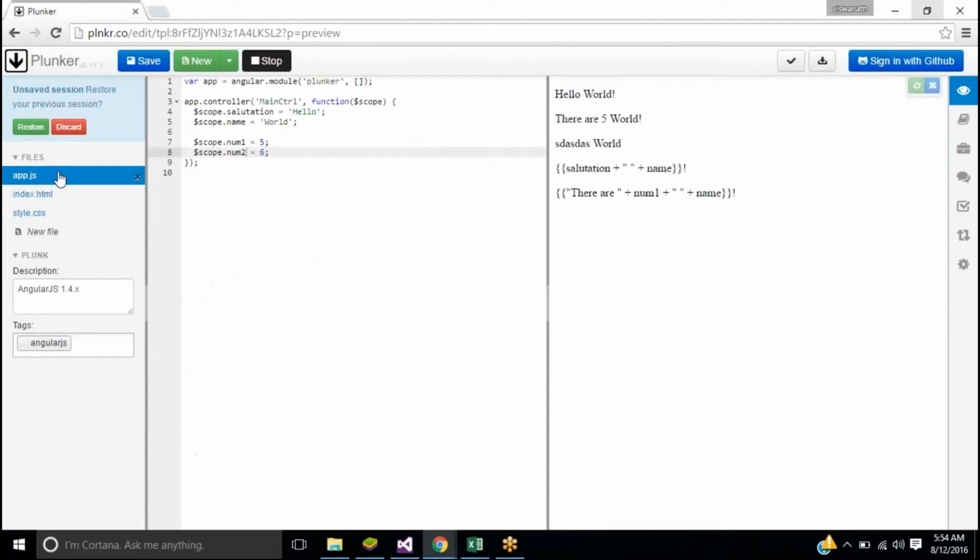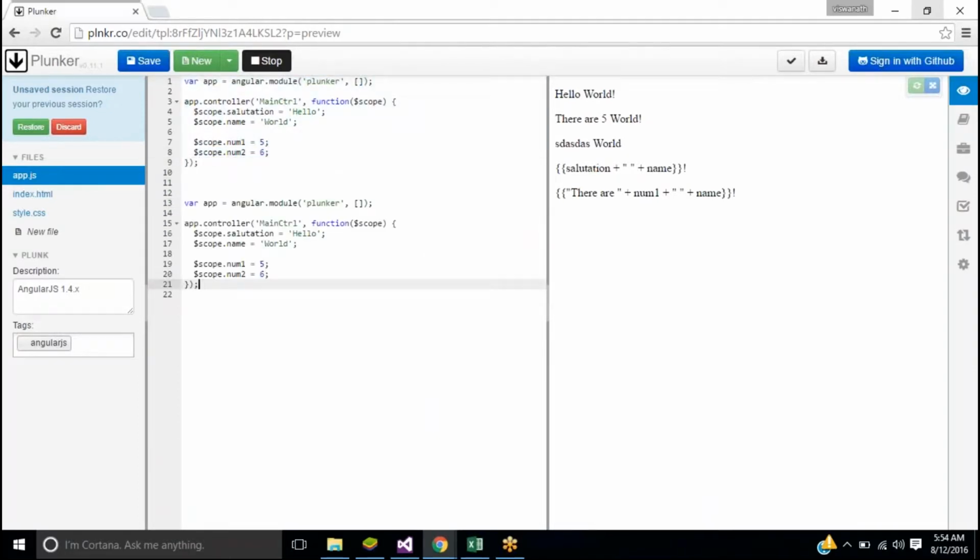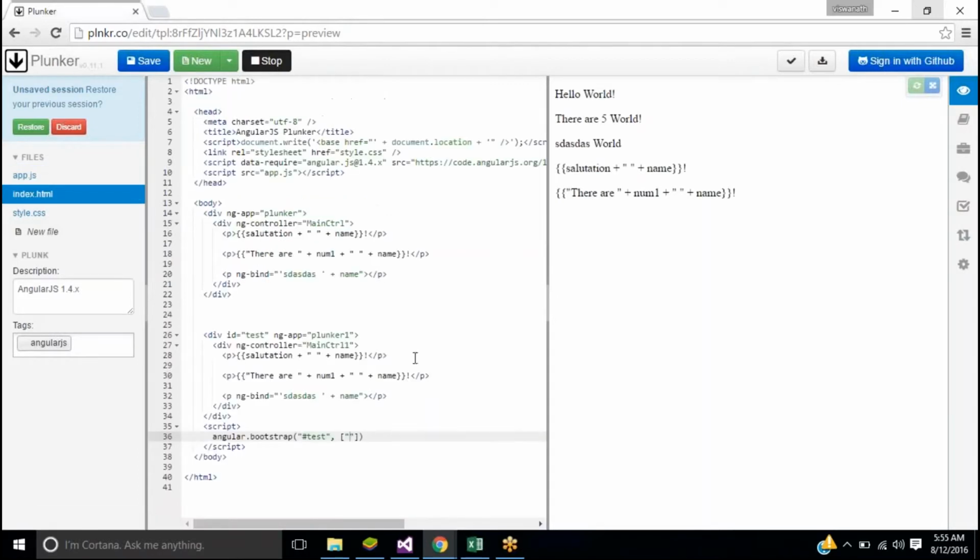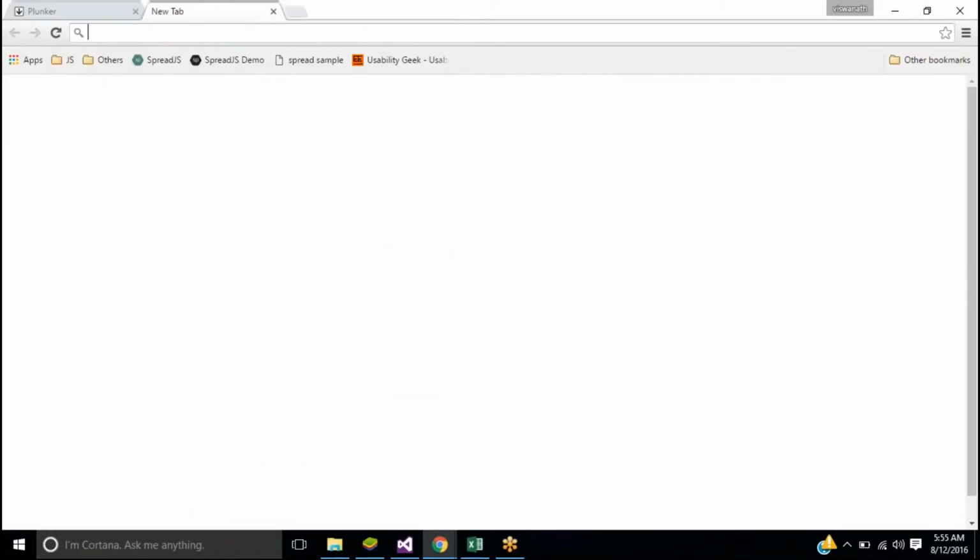I need to create something which is very similar. Again, Plunker 1 and main controller 1, right. So there's something wrong with this, I guess. Sorry, I don't remember the exact syntax.